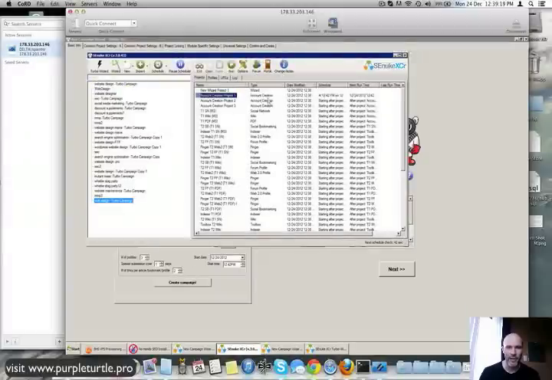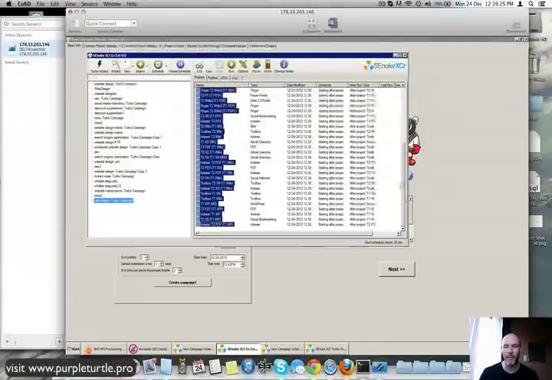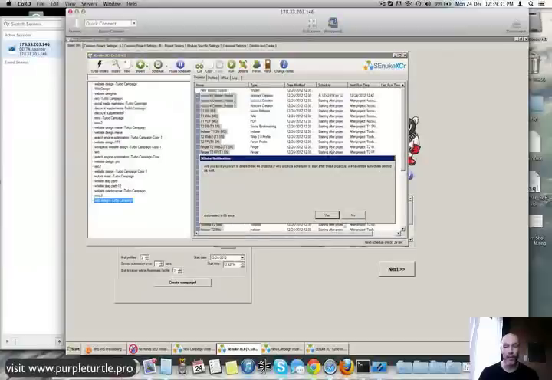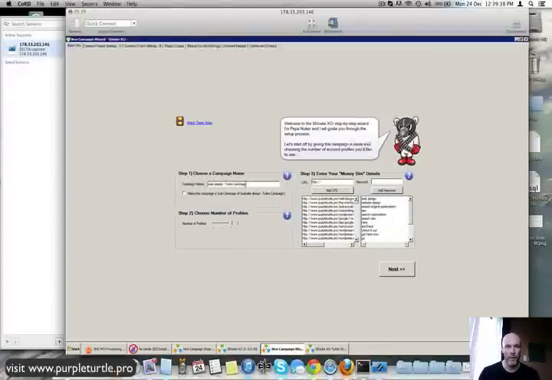And I know what everybody's going to think of this, but here's what I'm going to do. I'm going to click the first one, scroll down, hold shift and click on the last one. The only thing I'm going to leave is this new wizard project. I'm going to right click and delete it, because I don't want that. It has problems, right? I don't want to just fire it away. Then I'm going to go over here and type in